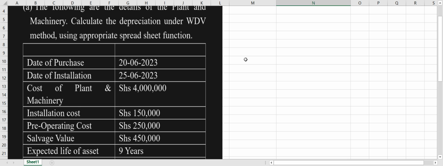So now in this case, you use the declining balance method, since they said using appropriate spreadsheet, and under the written down value method, we can use the declining balance method. What you have to do, you have to open spreadsheet, then you enter the given data. So our data in this case,